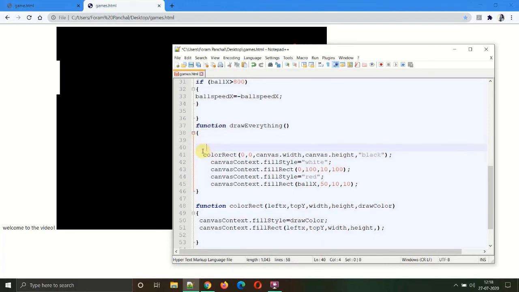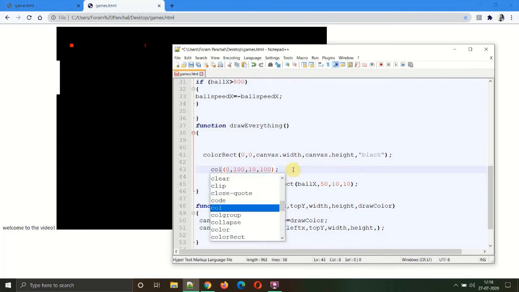Okay, now just copy these lines, cut all the lines for colors, and paste the same function before the coordinates.